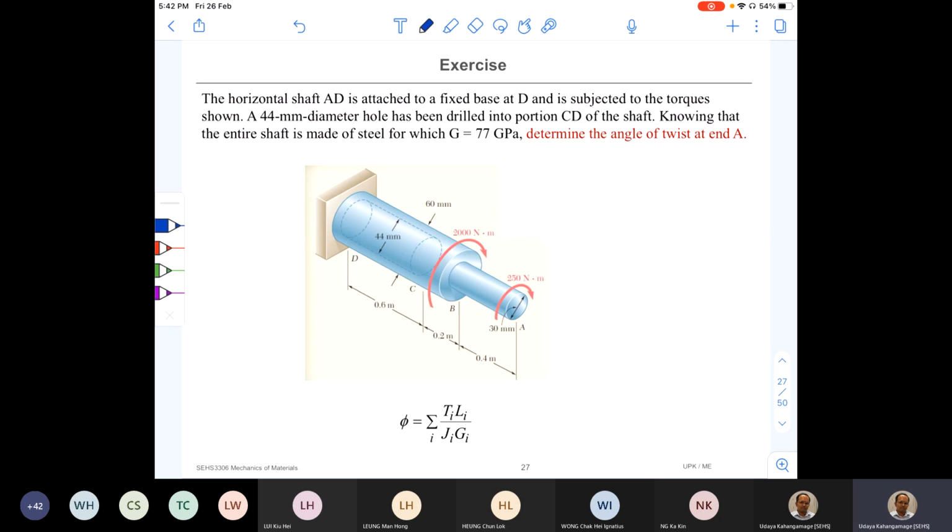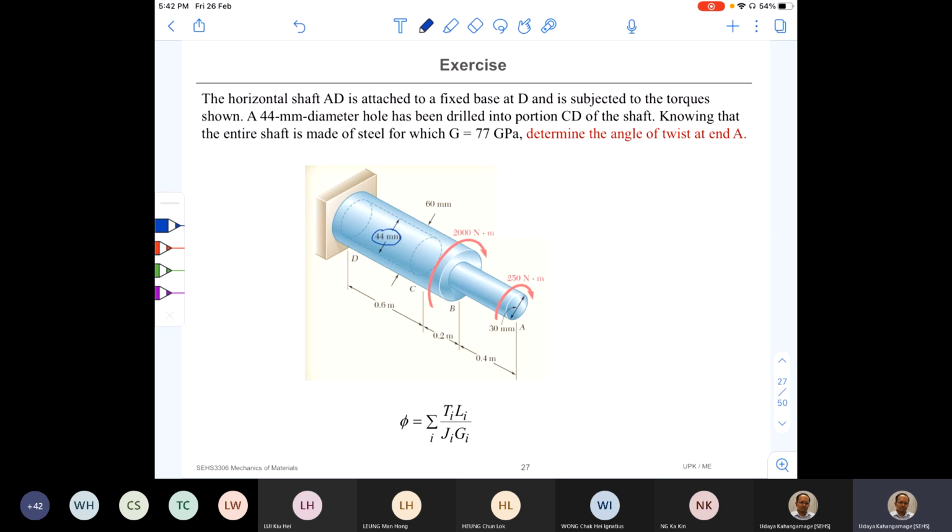There are two torques, and the shaft is fixed at section D. A 44 millimeter diameter hole has been drilled into the portion CD. So it is talking about this part. It is hollow inside. Knowing that the entire shaft is made of steel, for which G is 77 kilopascal, determine the angle of twist